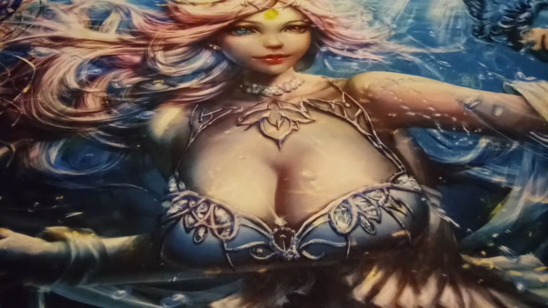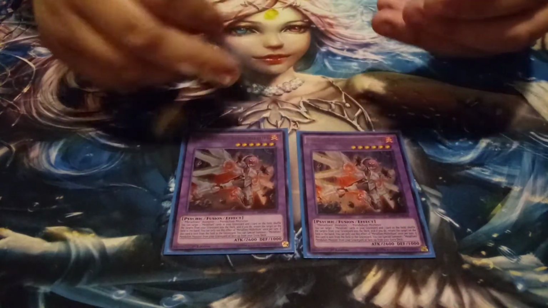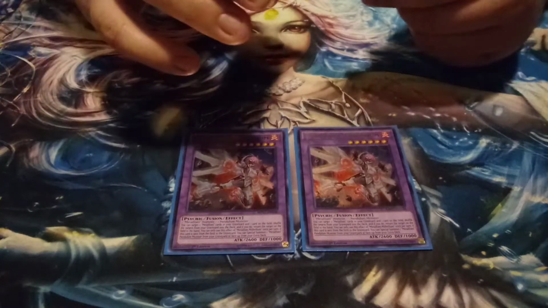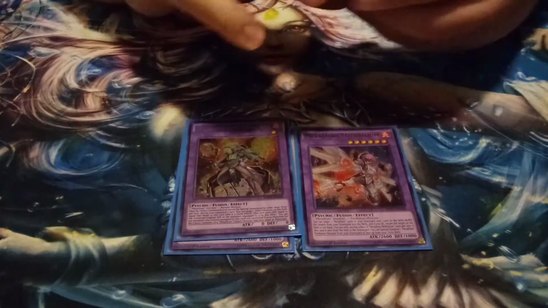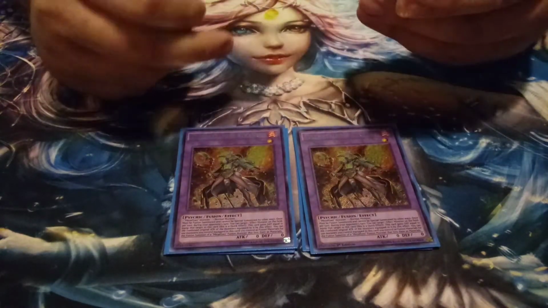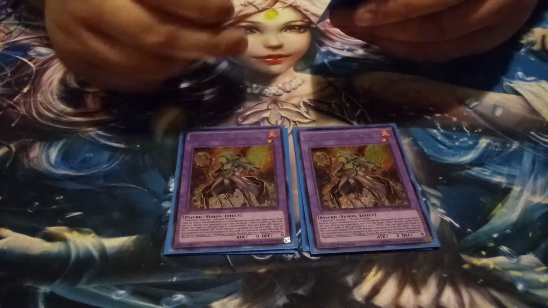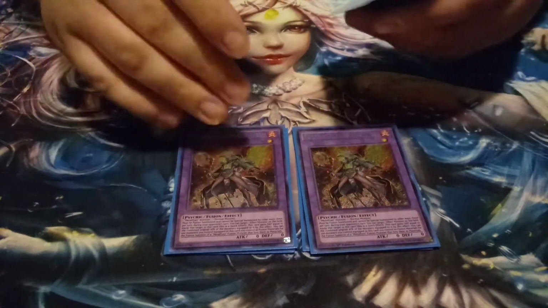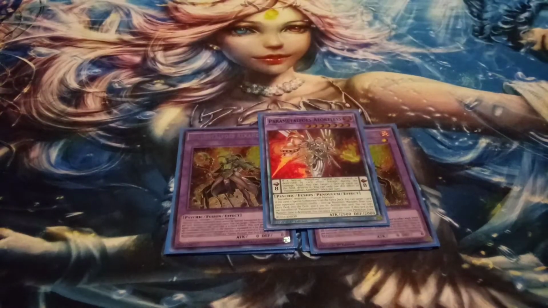Going on to the extra deck, I'm playing 2 copies of Metalfoe Mithrilium here. It basically recurs Metalfoes, and you get to destroy a card. 2 copies of Full Metalfoe Alchemist Edward. It's basically kind of like a Relinquished, or not Relinquished, but the fusion. You guys know what I'm talking about. Thousand Eye, whatever. Then I'm playing 1 copy of the new